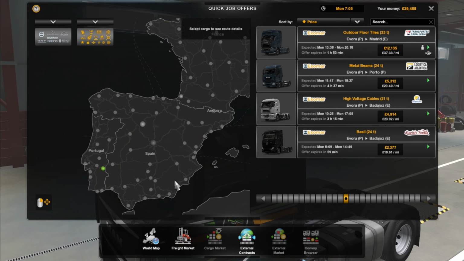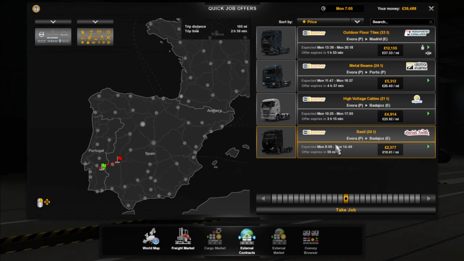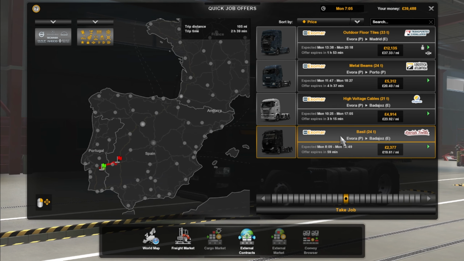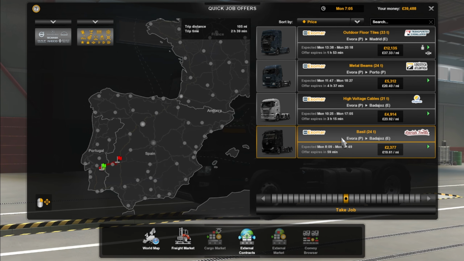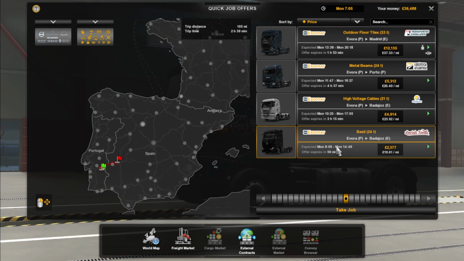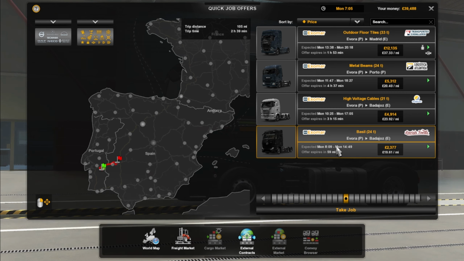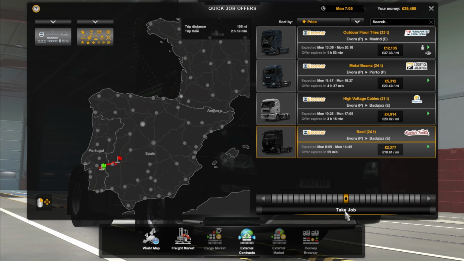Okay, so let's just have a little look at quick jobs, see what we've got. Here we are. So they should be the same jobs, but we get paid a little bit less, obviously, because we'll be using leased equipment. But I thought it was about time we saw something a bit different. I've not got enough money to buy a new truck. I think we'll take on that little job. What's that? Evora to Bajosa? Lavish Foods. So if I click take job,